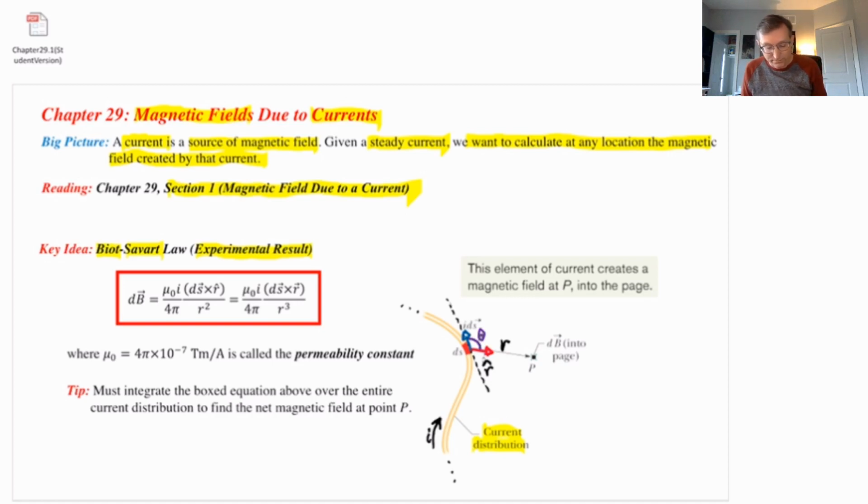That's important too. All right, now with all those vectors in mind, we are now going to state this experimental result for calculating the magnetic field contribution at point P from this one little tiny element of wire. So the contribution will be labeled dB arrow, and it will depend on the current I, that's right there,